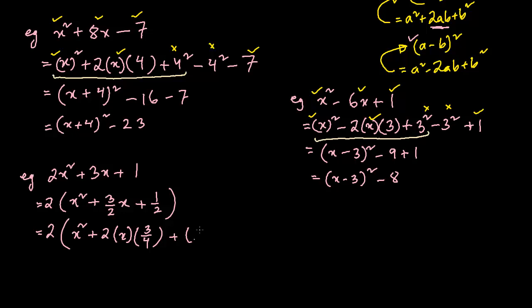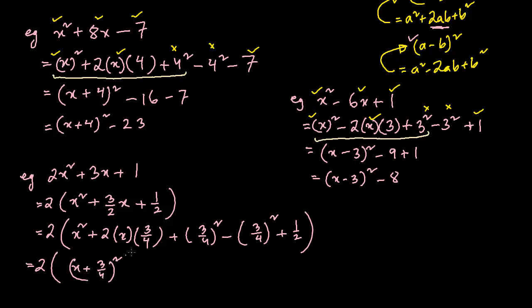Then we have plus b squared, so b is 3 by 4 squared. We have to cancel this, minus b squared, meaning 3 by 4 squared, and whatever is left over is half. So now we can write a squared plus 2ab plus b squared as a plus b, which is 3 by 4 whole squared. And what is left over is minus 3 by 4 whole squared, which is 9 by 16, plus